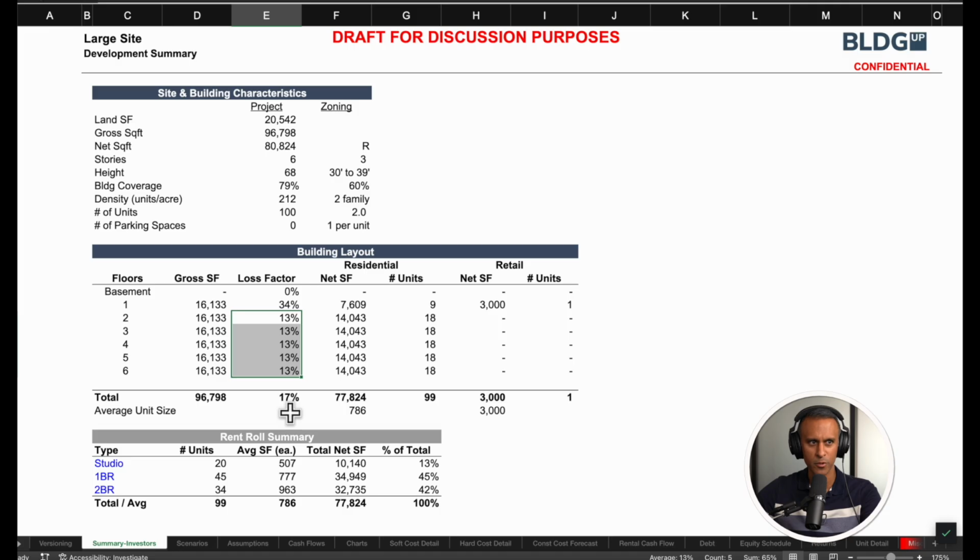The numbers should work out, based on other factors, but from a cost perspective, hard cost, soft cost, things like that, I can tell that this building is trending in the right direction. The other thing is obviously,